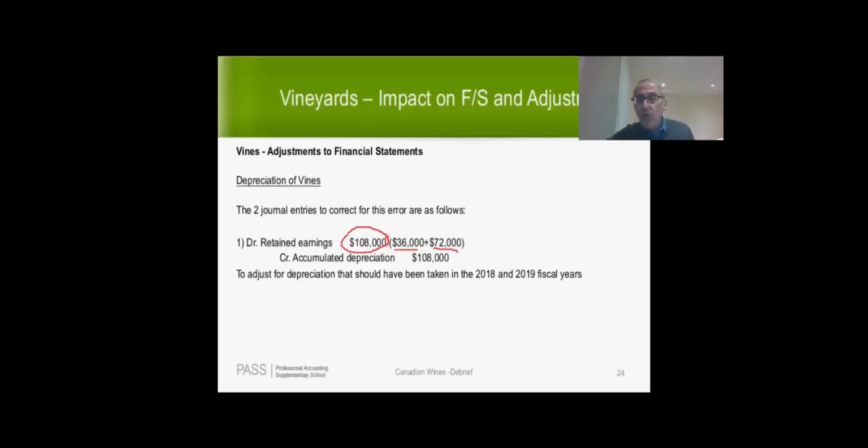Okay, and you are required to make these entries. You are asked explicitly to show the adjustments, to do the adjustments. So yes, you would have had to do the entries. So Nana asks, and I adjust directly. I'm not sure what you mean by that. You'd have to give what the entry would be to correct for the error, and this is the entry to correct for the error. Okay.